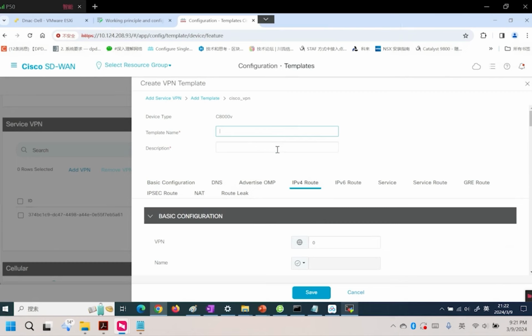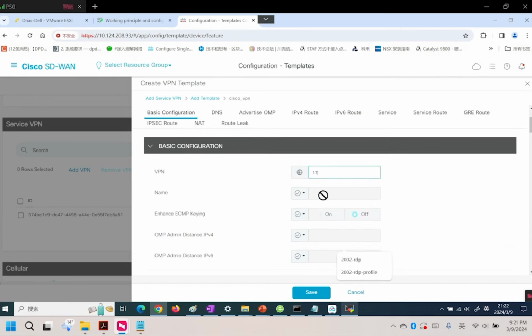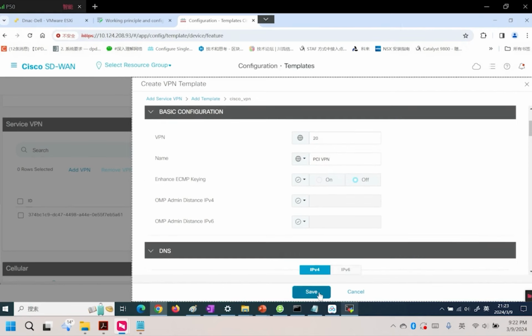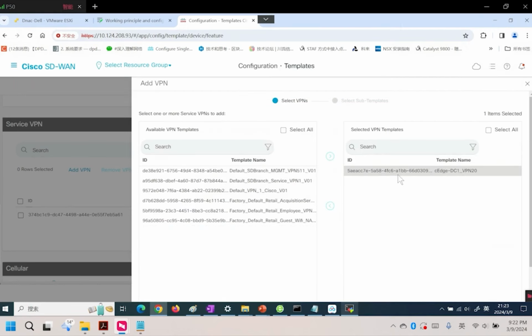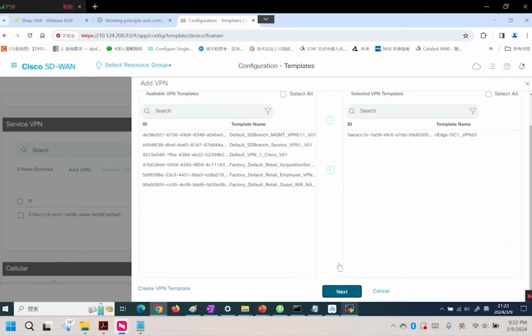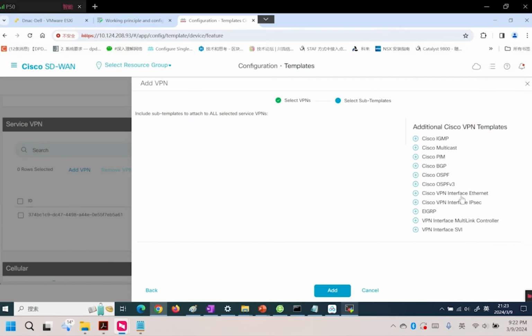We need to wait here. We'll create VPN20, okay? Copying it over. Globally, it's given the name 20, also global. Yes, named PCI. This is essentially a container. We add a physical port to this container,